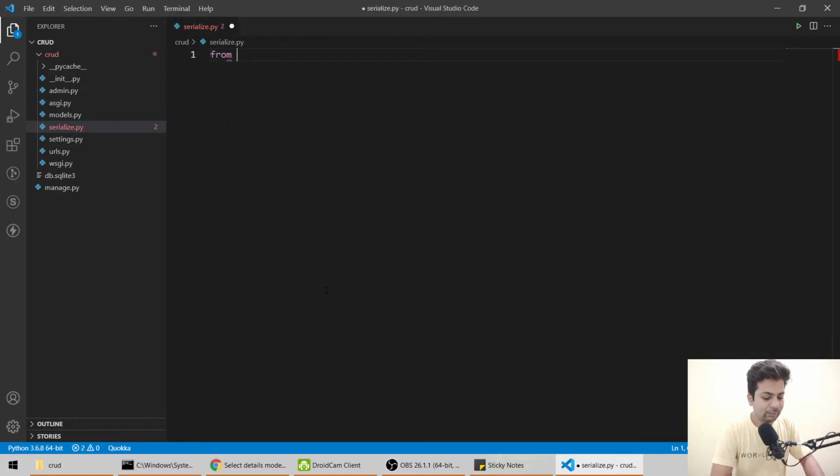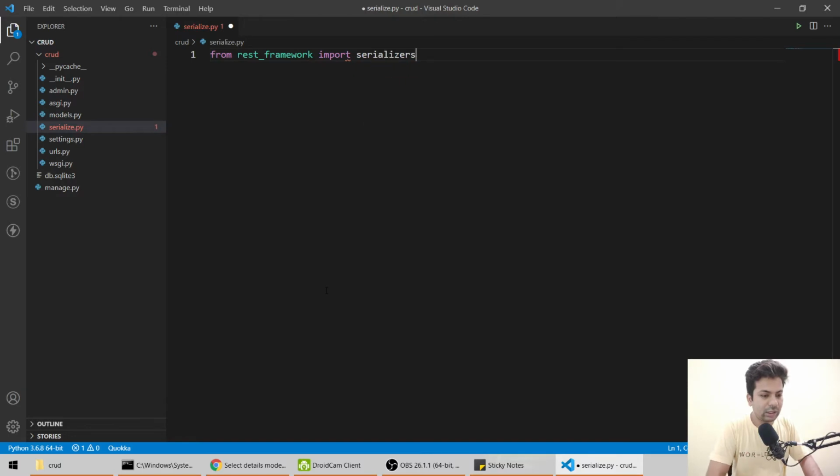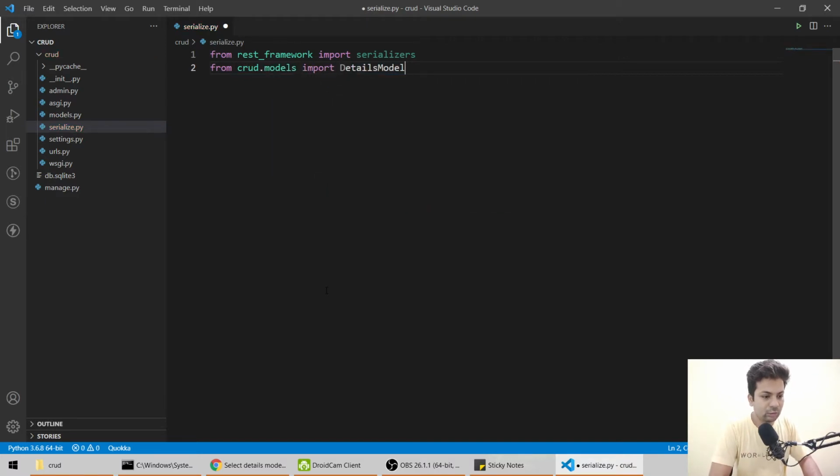We'll say from rest_framework import serializers, then from CRUD.models import DetailsModel.